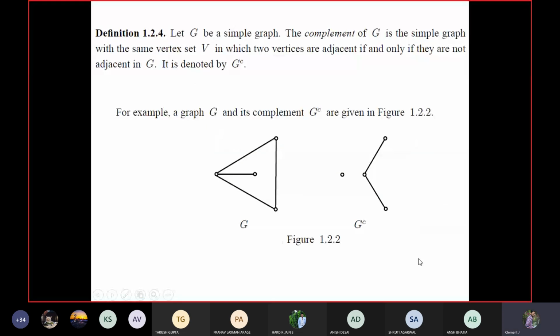Okay. So in the last class, we discussed some basic definitions: what is the definition of a graph, what is a trivial graph, what is the definition of the bipartite graph, and what is the definition of the complete bipartite graph. So these are the definitions we came across in the last session. So in continuation of the